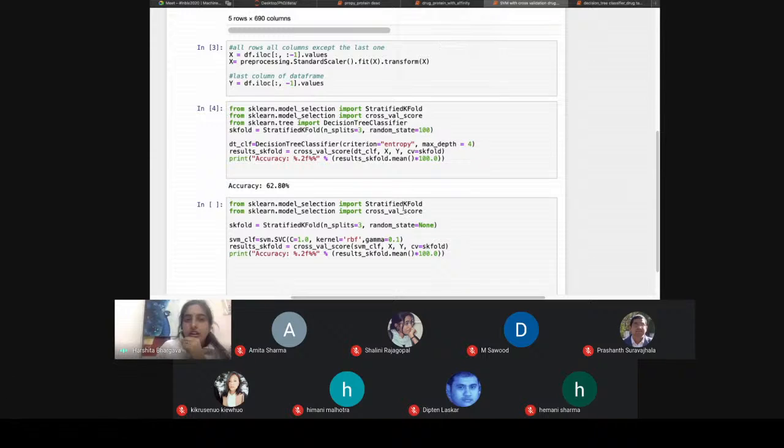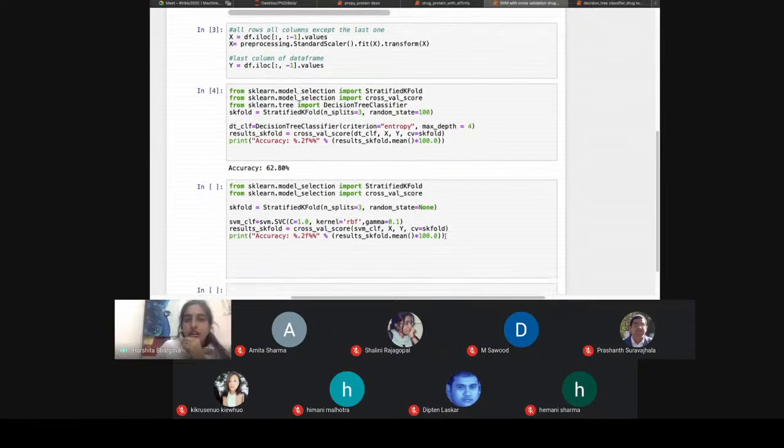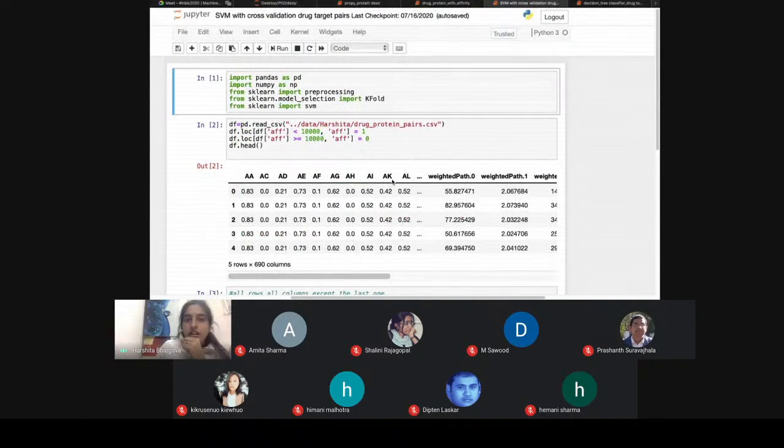The same thing can be done in the Orange tool also. If you use it, you don't need to write all this code. Of course, you need to prepare your data set in advance, in which you have the affinity file ready with the target variable and the drug protein features concatenated.